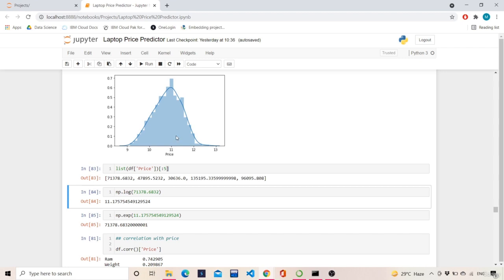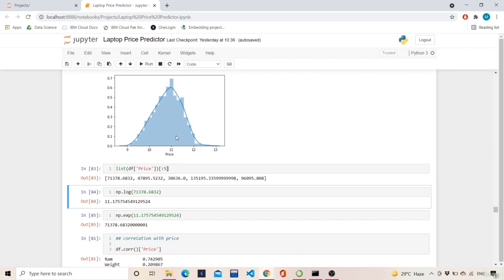So the whole aim is, whenever you check the distribution of any feature, always try to see whether the feature is following a Gaussian distribution, Bernoulli distribution or any other kind of statistical distribution.